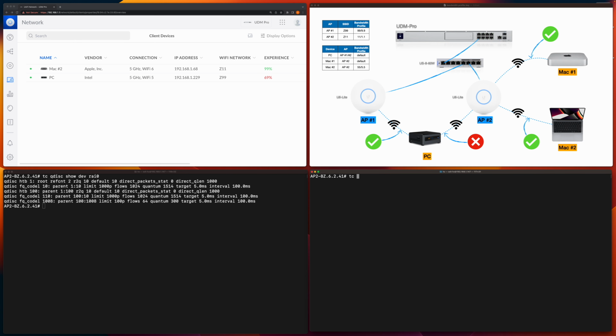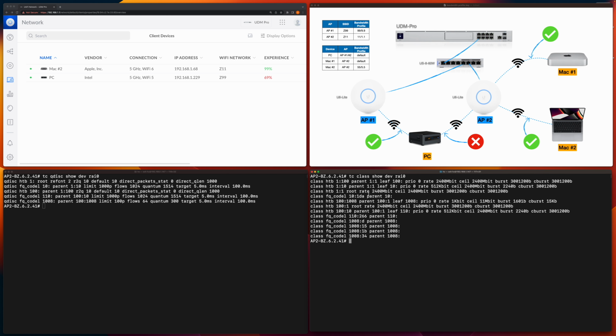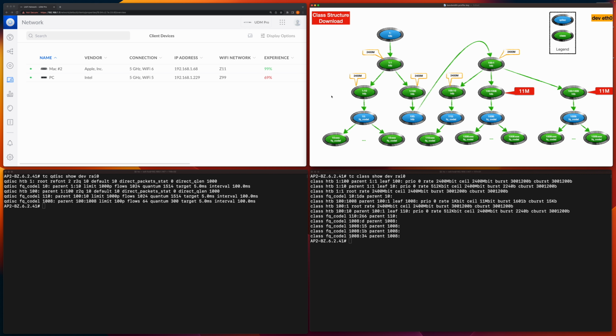I'm going to run the tc command, but show the class information for the same device, RAI0. Now we have the queuing disciplines and the corresponding classes side by side. I won't spend time explaining all the details. If you are interested, watch my previous smart queues video. Just for your convenience, based on the information, I already prepared a class tree